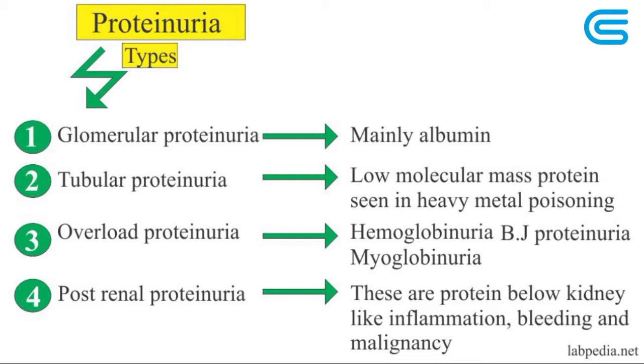Postrenal means after the renal system. This is caused by inflammatory or neoplastic conditions in the renal pelvis, ureter, bladder, prostate, or urethra. All these can lead to proteinuria. So we can detect protein in urine using very many methods, not only using the dipstick, but we can also